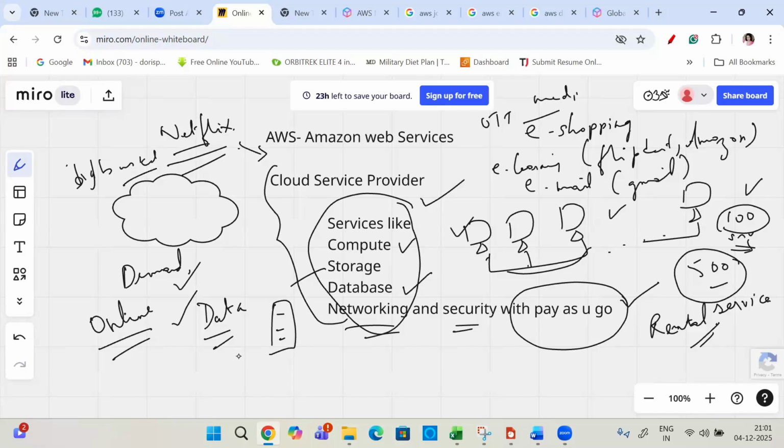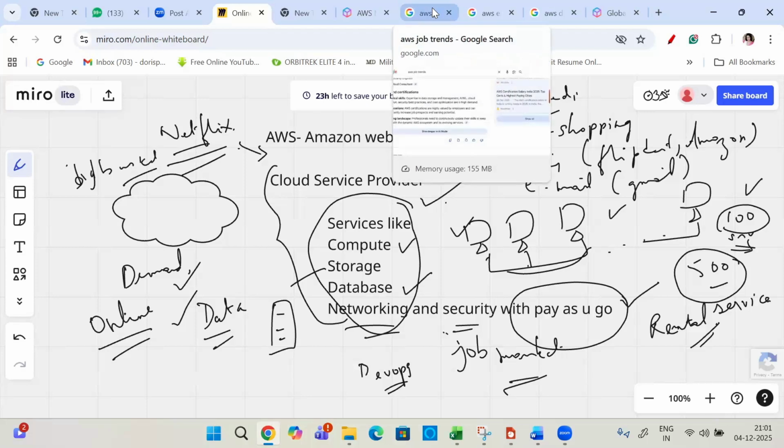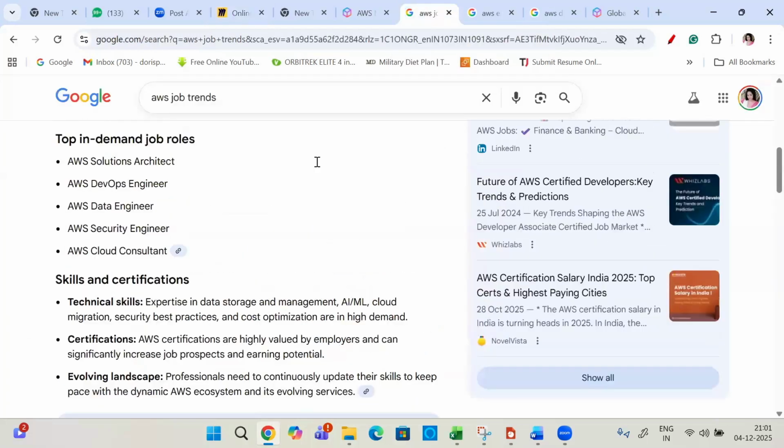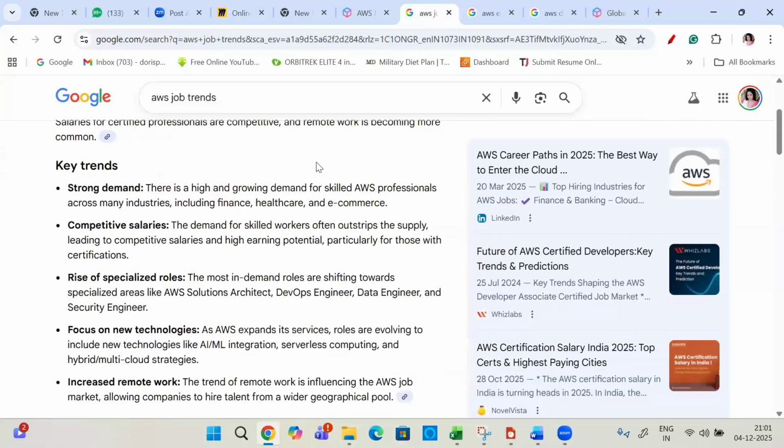And since there's a huge market for all these online services, there's a huge job market for cloud engineers or DevOps engineers. There's a huge demand. If you look at the AWS jobs trend, you can just go and Google it.